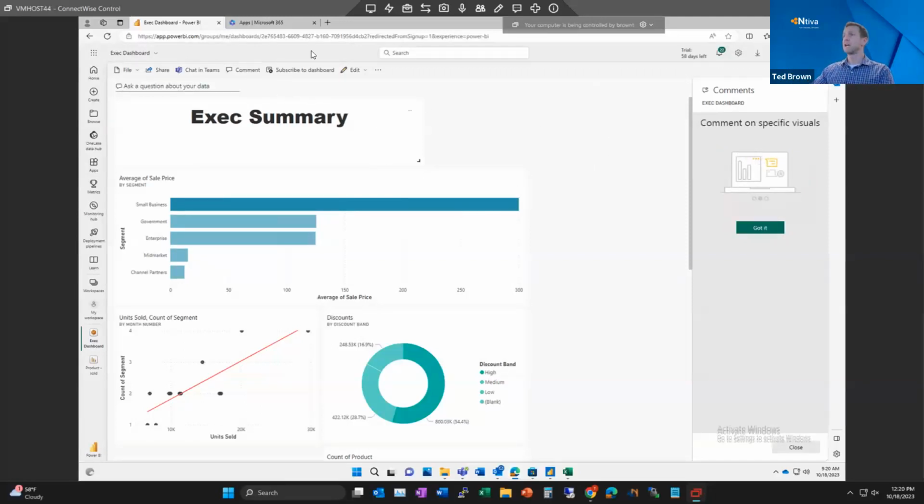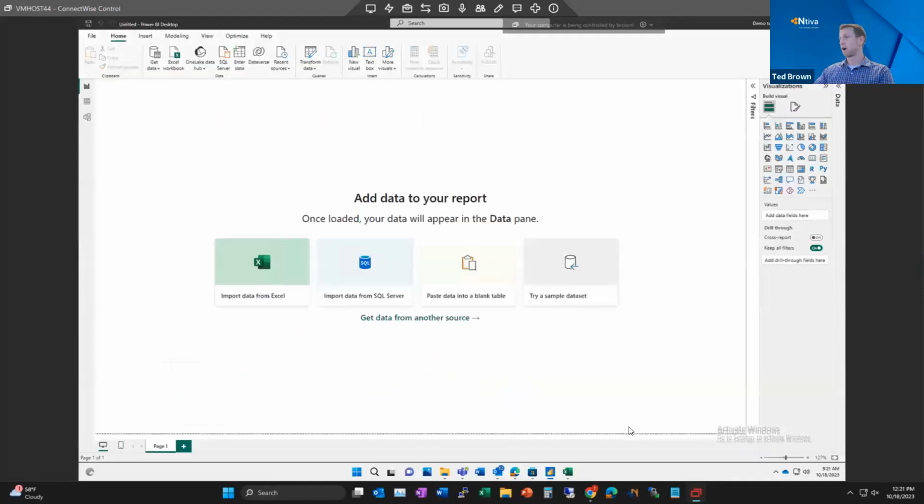So this has all happened within the Power BI service itself. And as I mentioned, there are more robust options within the desktop. So you can install the desktop version when you have Power BI. There's a little download button up here. If you click on the download, it allows you to pick Power BI desktop. I've already done this for the sake of the demo. So I have my Power BI